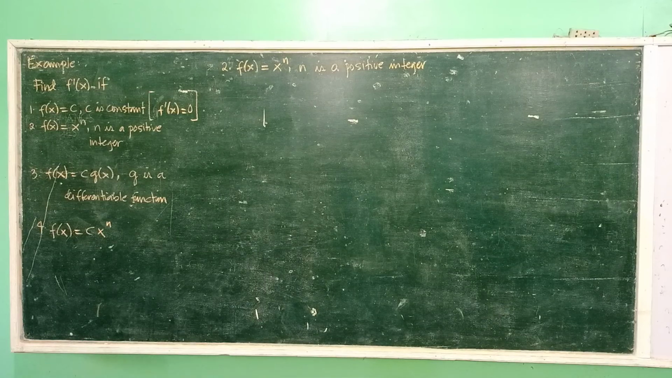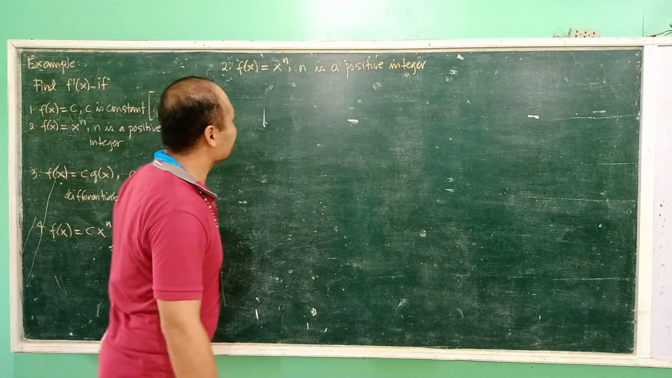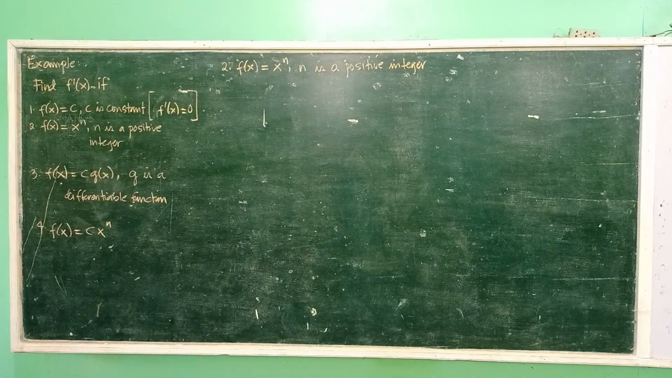Okay, let's proceed to number 2. f of x is x to the n, where n is a positive integer. So again, the same task, we will be solving for f prime of x. So we will use